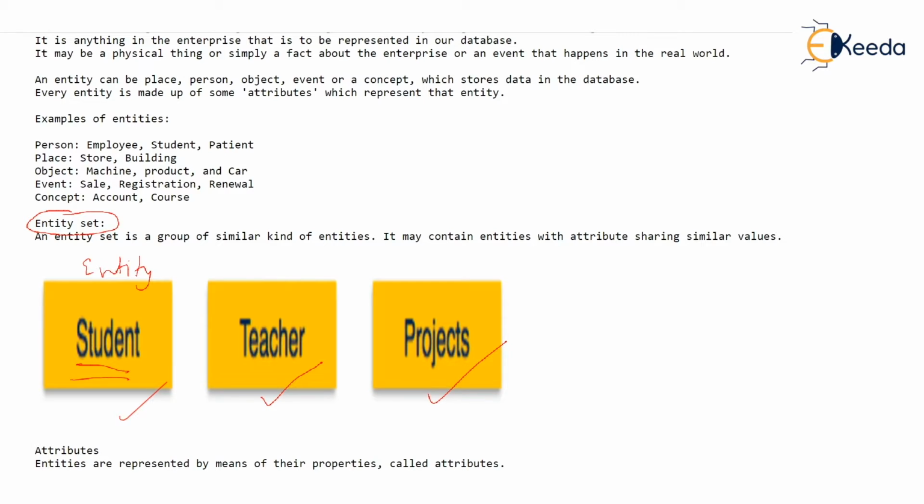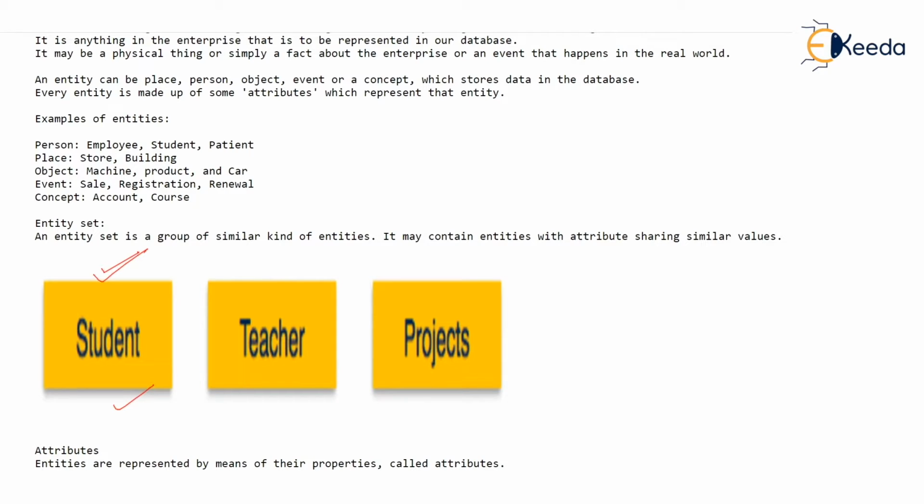Please try to understand that this student is often also called as entity set. So I am loosely calling this as entity, student entity. But actually, this student is known as entity set because we don't have a single student, we have many students, isn't it? Many students. And each student is having name, roll number, or address, and so on. So actually, this student is a set of many students. Many students are there. So we call it as entity set. But in our literature, when we talk about entities, we generally use entity and entity sets interchangeably. So many times I may call this as entity set, or many times I may call this as entity itself. Okay, so entities are shown in the form of rectangle.